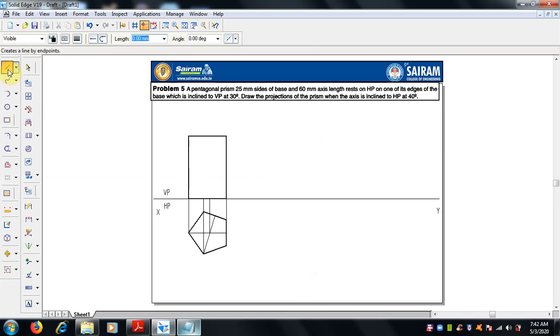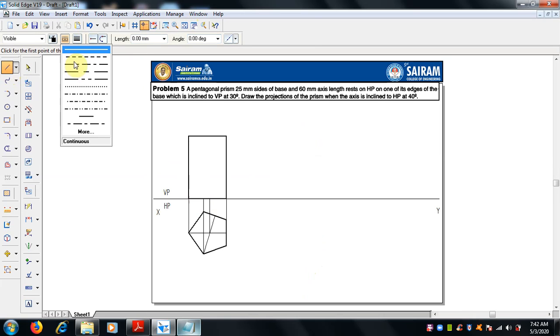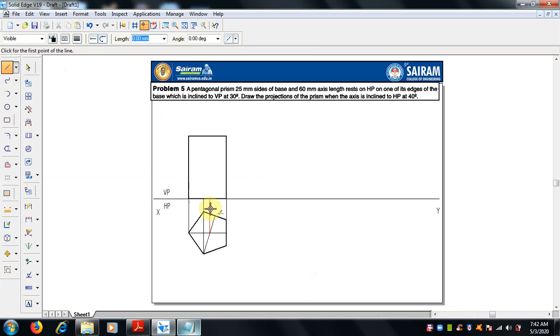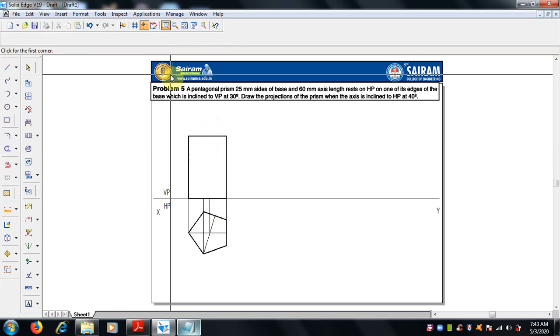Select the axis line. Right, you can zoom it out.